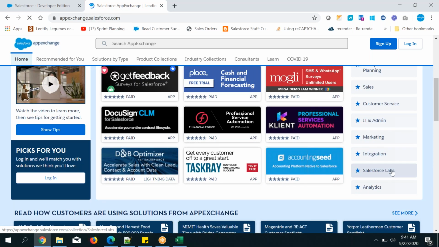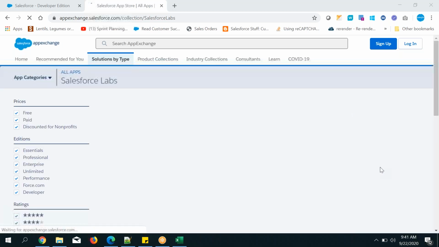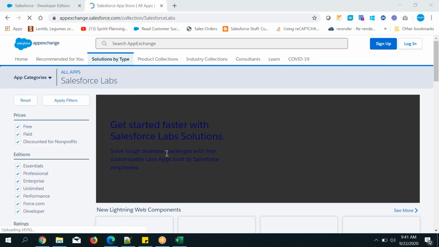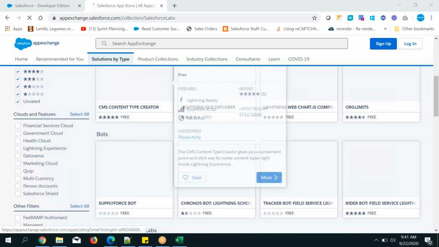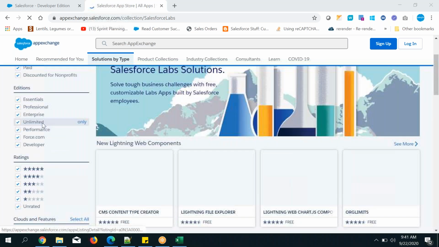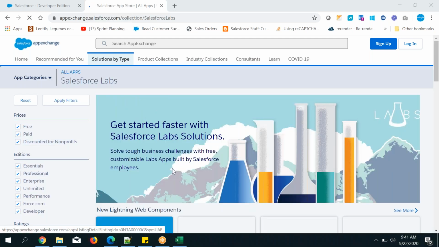Now Salesforce Labs. Click on Salesforce Labs. The Salesforce company has created a few applications. On the left side, you see free and paid options. If you select this filter, free applications are shown automatically.